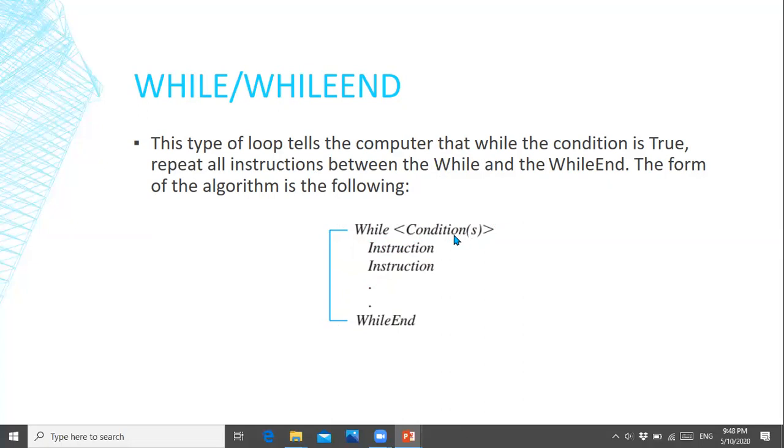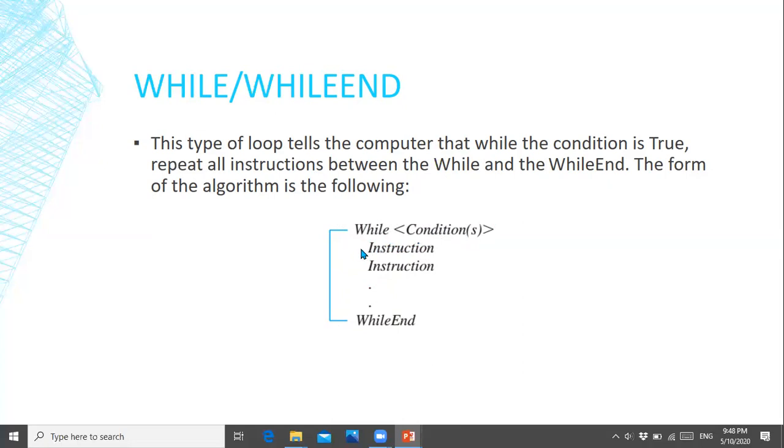Remember, conditions we always write using relational operators. For example, 5 less than 6, A greater than 100, B greater than 80 and less than 90. This is two conditions. Another two conditions: grade greater than 70 and grade less than 80. So these are conditions; while the conditions are true,